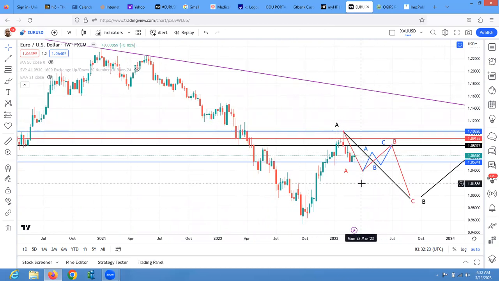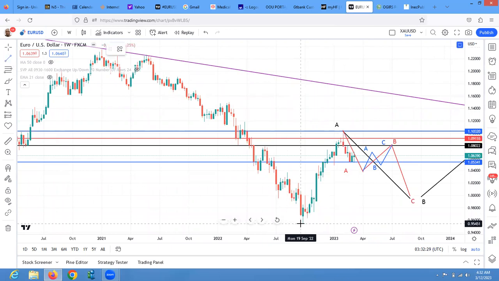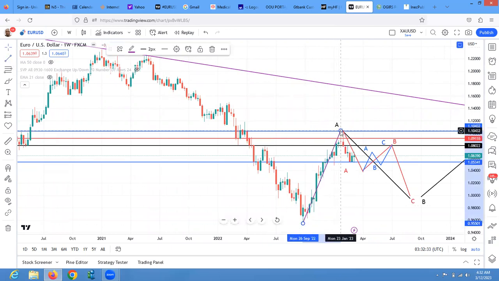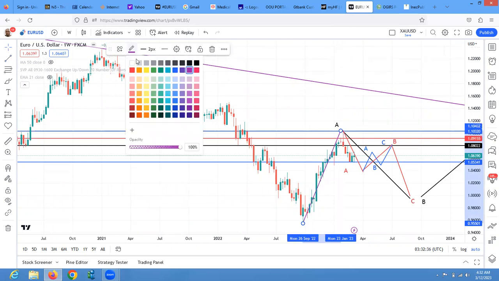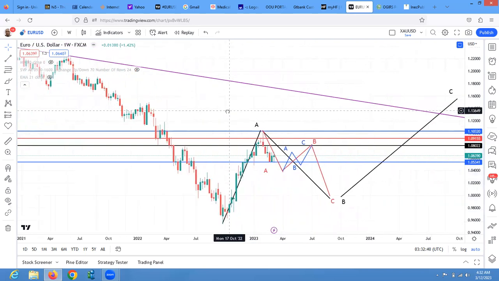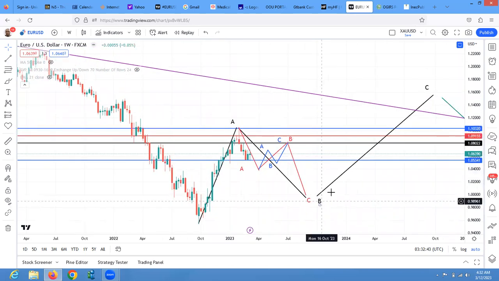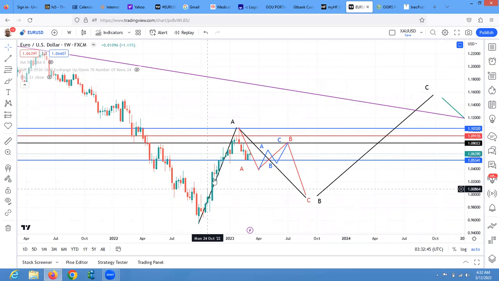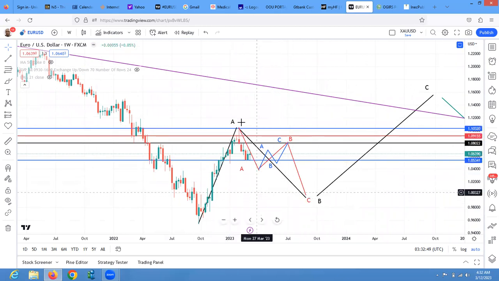So A black, if I may just bring that one, just to complete all that. So we have A black, B black, and a C black. So we are in the B black. We are done with A black. We are in the